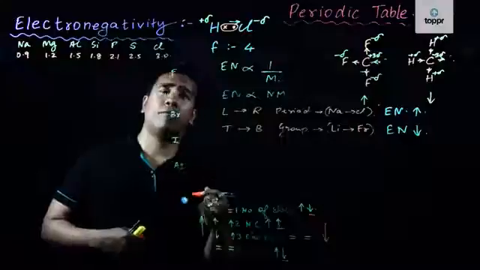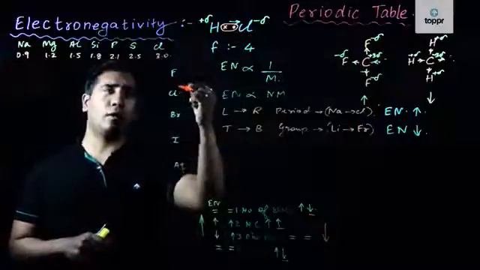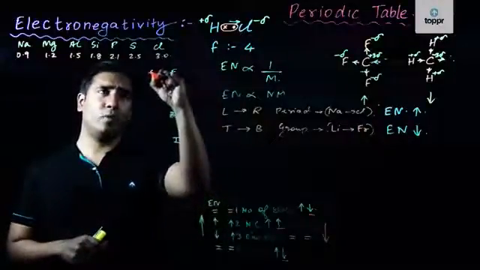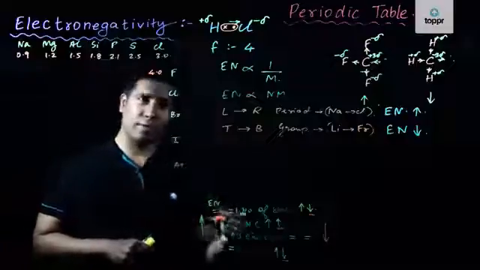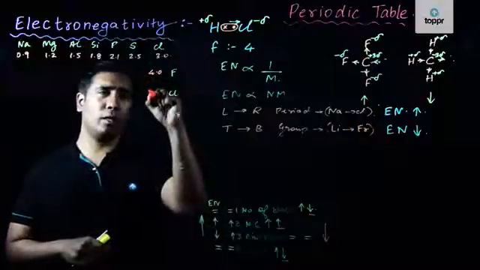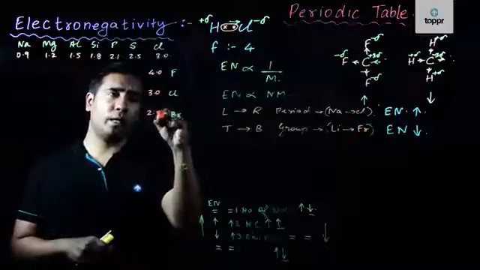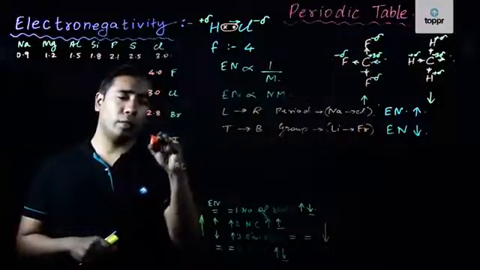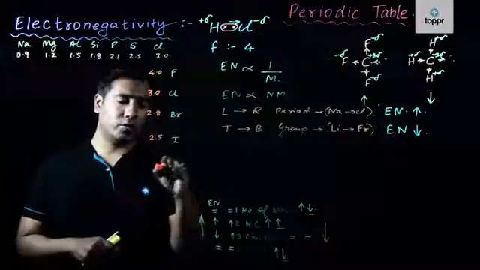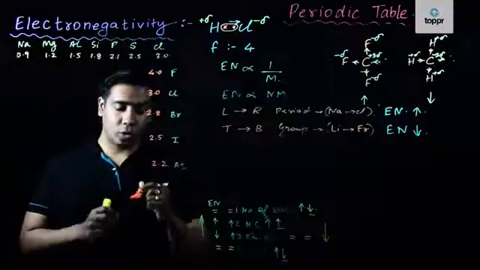In the case of fluorine, the electronegativity value will be equal to 4.0. Now you guys know this very well, right? In the case of chlorine, the electronegativity value will be 3.0. In the case of bromine, it will be 2.8. In the case of iodine, it will be 2.5. In the case of astatine, it will be 2.2. So as we see,